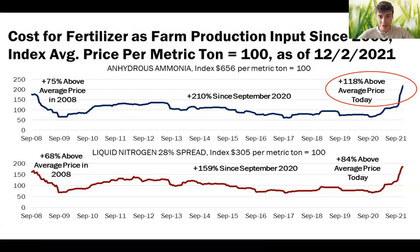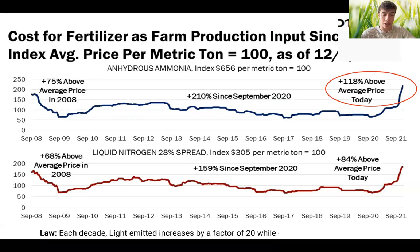Fertilizer has absolutely rocketed through the roof for numerous reasons, which will likely persist. And vertical farms are much more efficiently structured, so they use far less fertilizer. So they'll have a cost advantage here. Now, there's something called Haitz's law, which states that costs will decline every decade by a factor of 10, and light emitted by diodes will increase by a factor of 20. So that makes vertical farming much more economic over time. Natural gas prices are skyrocketing, and irrigation pumping is much more expensive in transportation now, and that's on the assumption that vertical farms will use